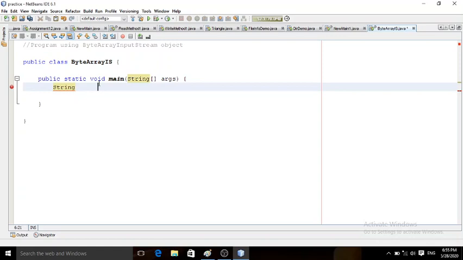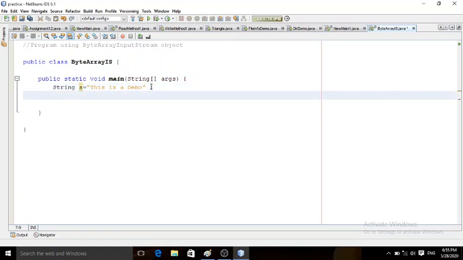String s equals, I am directly assigning a static string here: "This is a demo", ending with a semicolon. So this is the string I have declared.